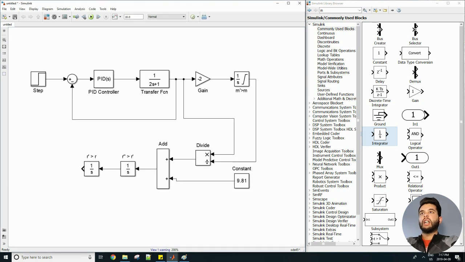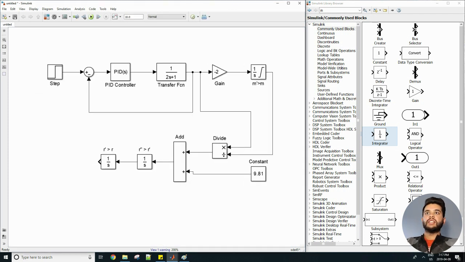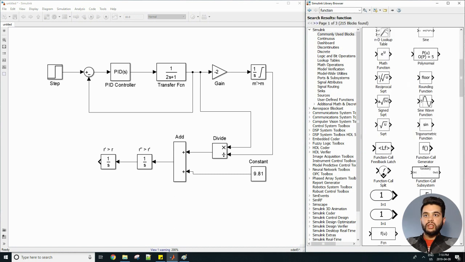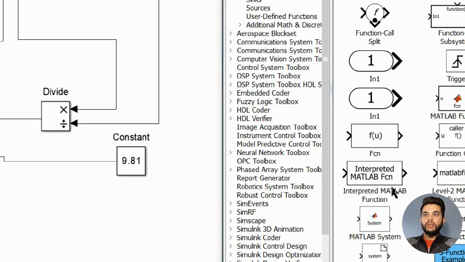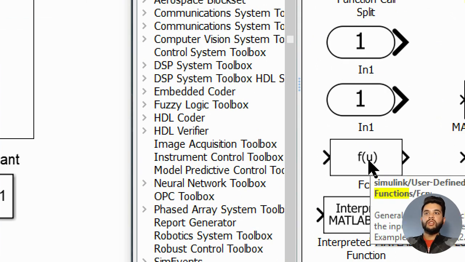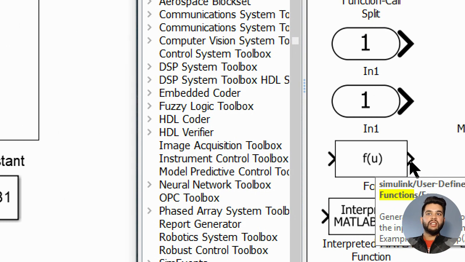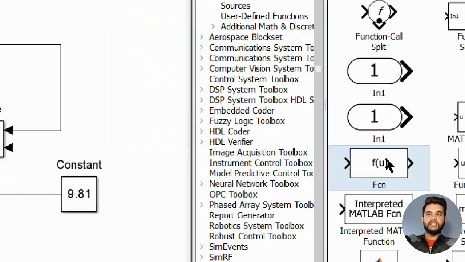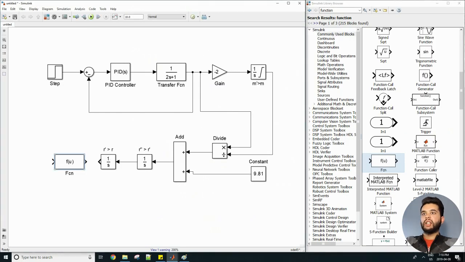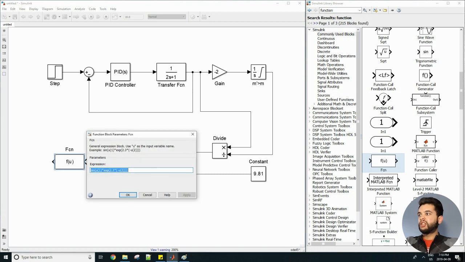Or actually we can type in function and let's see what we get here. We have a bunch of options here. So we need to use this function f of u, and u is an input. This lets us define a user-defined function, as you can see there in the block. So click and drag this one, Control R, and change it to 20,000 minus u, because our goal is to